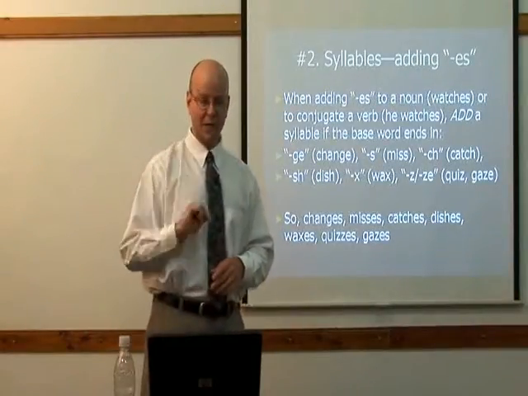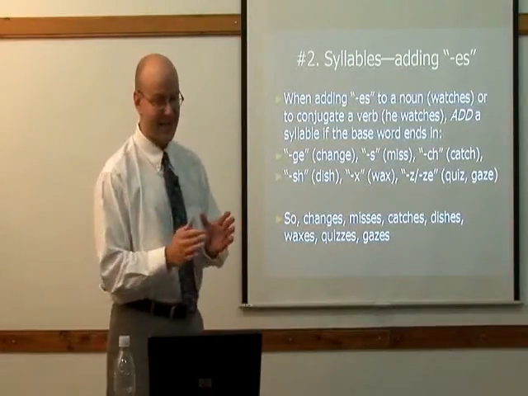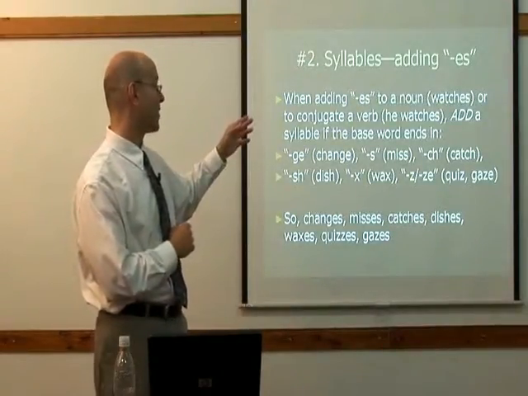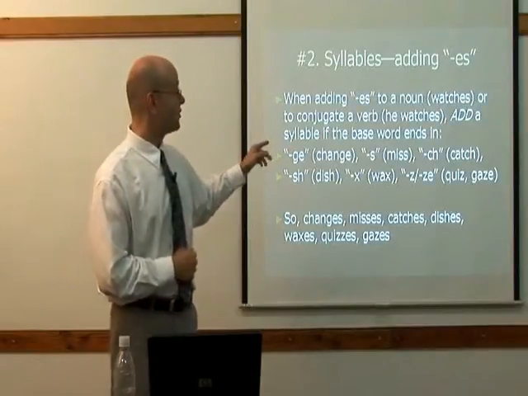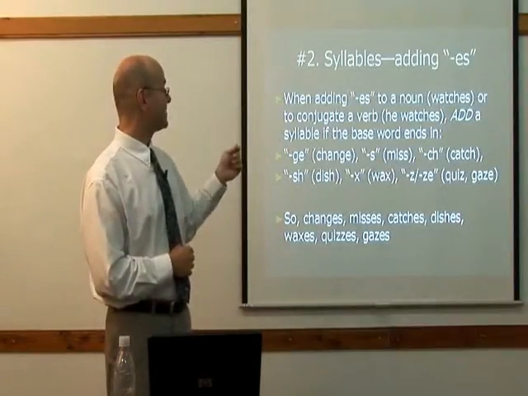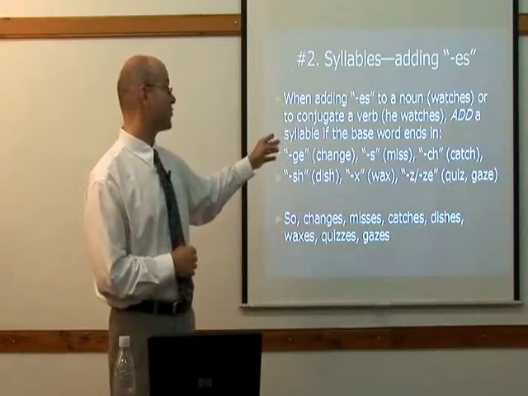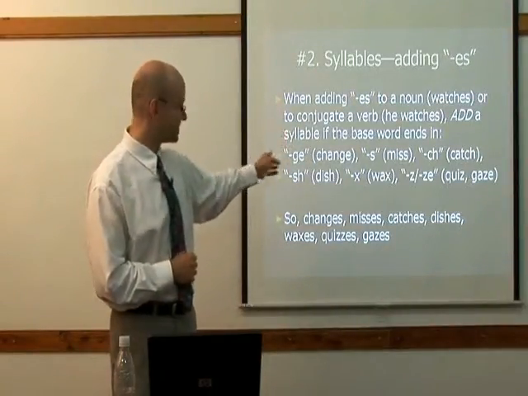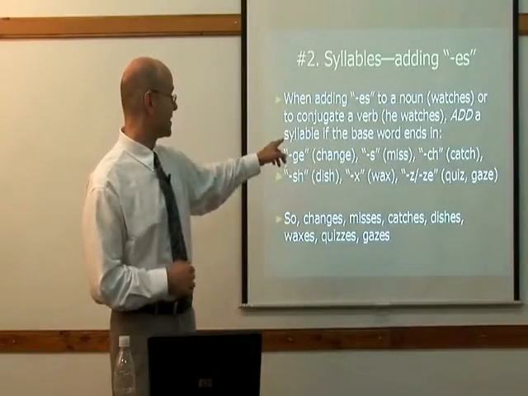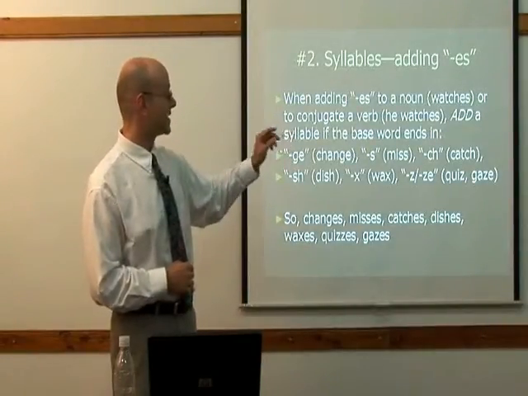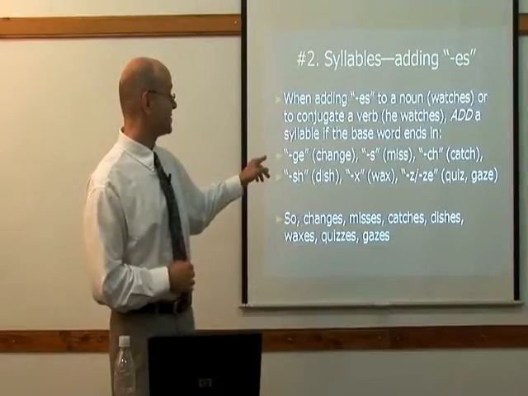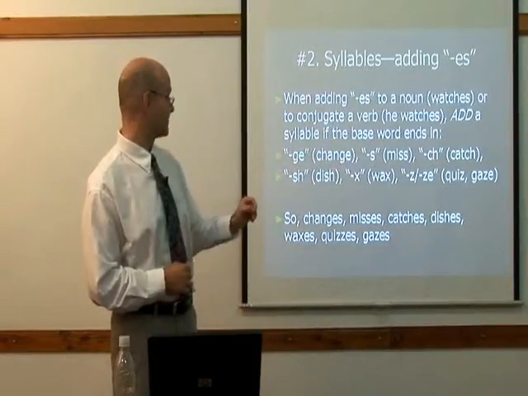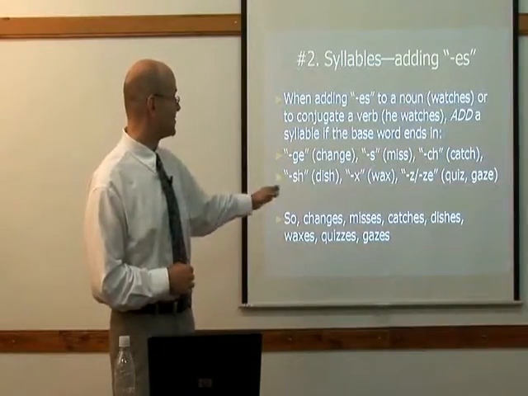Okay, the second rule, our second syllable rule, is adding ES. When adding ES to a noun, for example, watches, or to conjugate a verb, he watches, add a syllable if the base word or the root word ends in these 6 sounds or these 6 letters: GE like change, S like miss, CH like catch, SH like dish, X like wax, Z or ZE like quiz or gaze. And so, for example, changes,